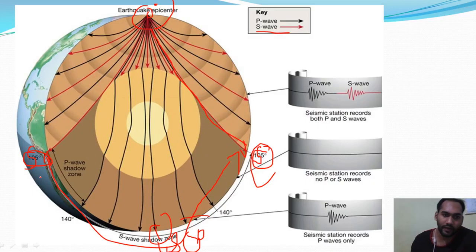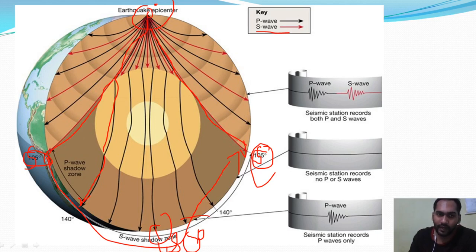Then the P wave shadow zone. You can see here in this path P also can travel. If P is coming directly, that is at 103 or 105, the direct P will arrive here, same as S. In this path P also can travel. Then again, if P enters the outer core, here at this point you can see P is entering the outer core.